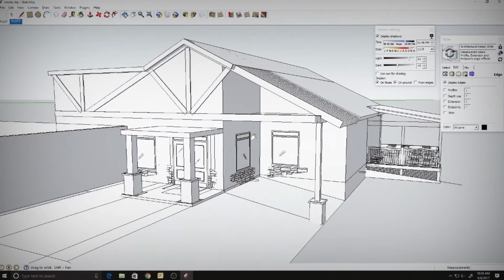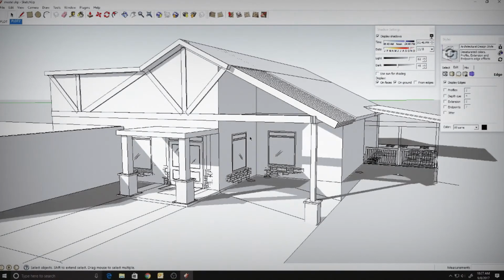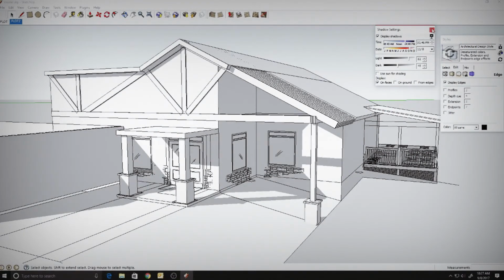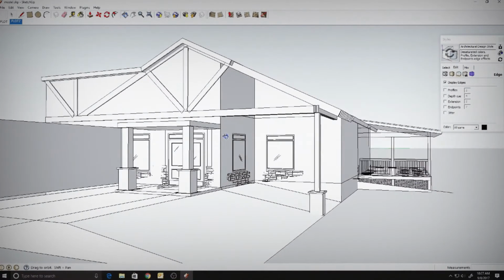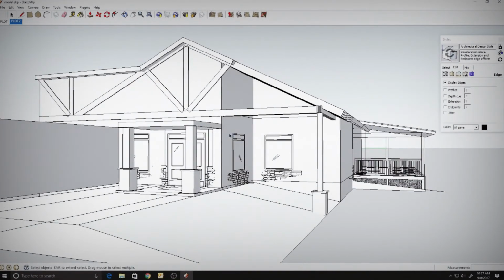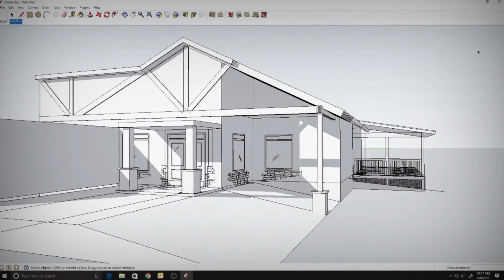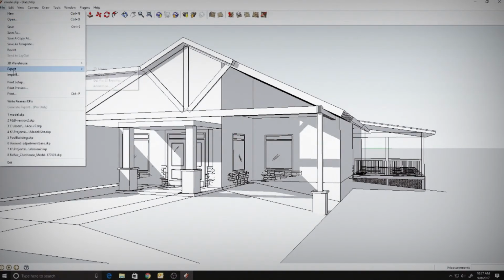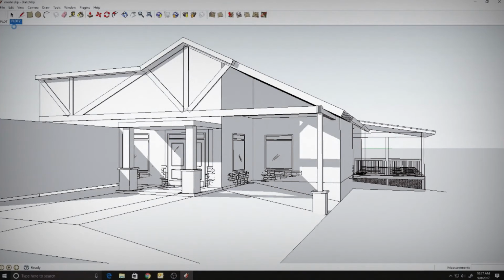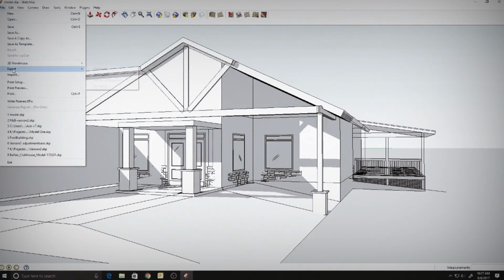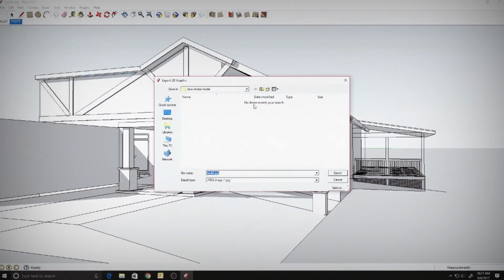So now you can turn the shadows on and start to see a little bit of detail, but still massing model format. It gives you just a little idea of how to take CAD drawings and quickly build an exterior massing of those drawings. So I hope this was helpful, and from here, of course, you can export images for your client and